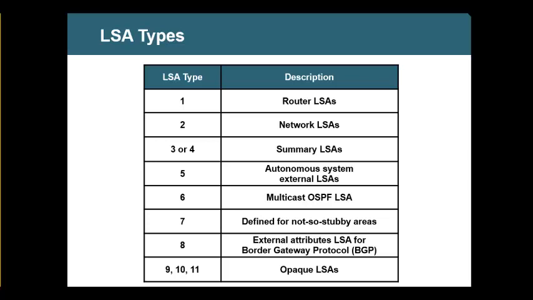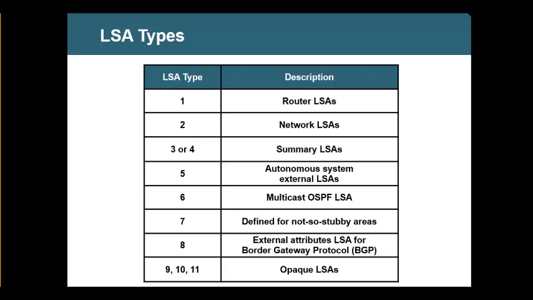Type 1 is the router LSA, 2 is network LSA, 3 is summary, 4 is autonomous system summary, 5 autonomous system external LSA, 6 multicast OSPF LSA, 7 not so